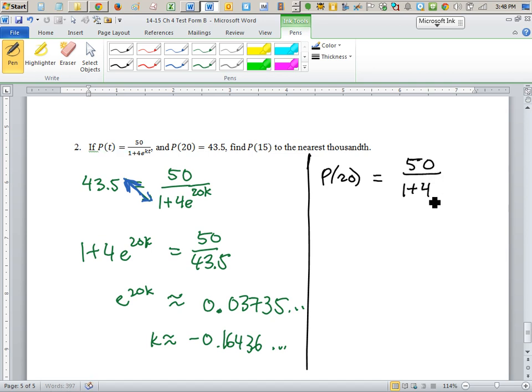So I've got 1 plus 4 e to the k times 20, which I plan on just typing. So I'm just going to go 50 over, make sure you've got parentheses around this thing. That's really important. 1 plus 4 e to the, and 20k is your power. So make sure you got the powers where the powers are, the denominator separated in parentheses like I showed in green. But this comes out to